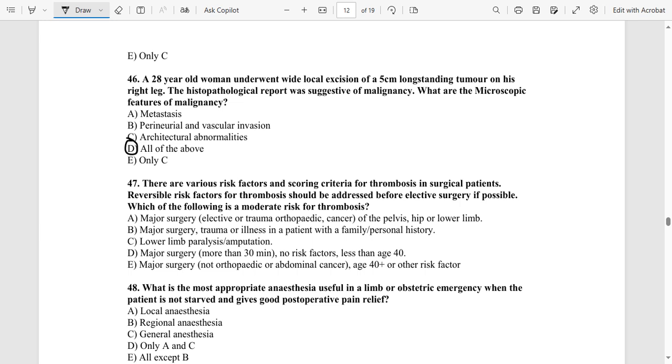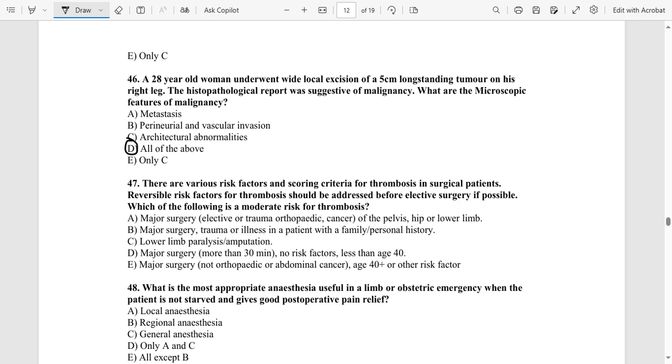On the intermediate, that's where I've got a major surgery, which is not orthopedic or cancer related, in someone who is aged 40 years or more. You also have major surgery with additional risk factors. For example, someone has a major surgery with obesity, maybe they have some thrombophilias. Okay, so that's a moderate. Major surgery, which is not orthopedic or cancer related, in someone over 40 years, or a major surgery with